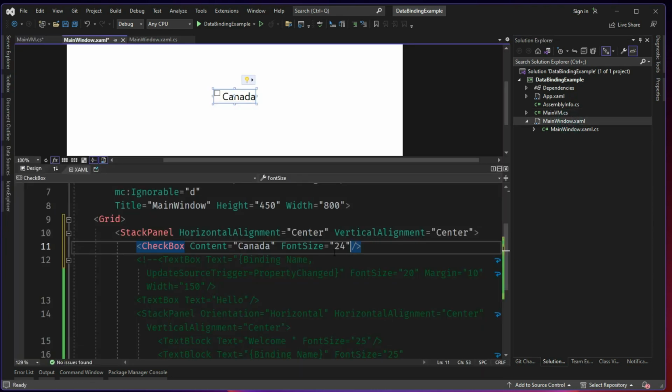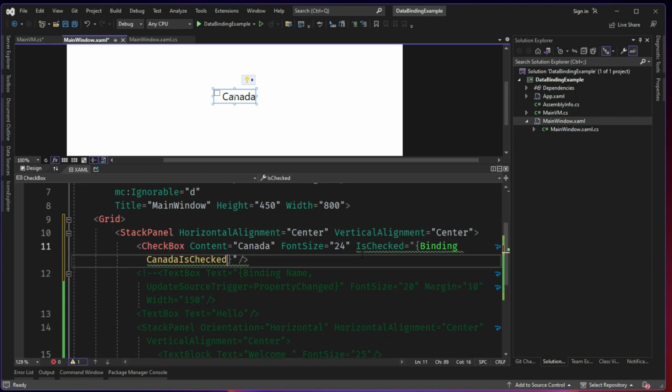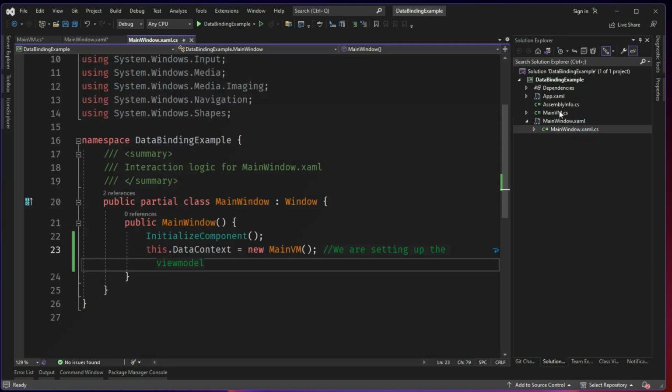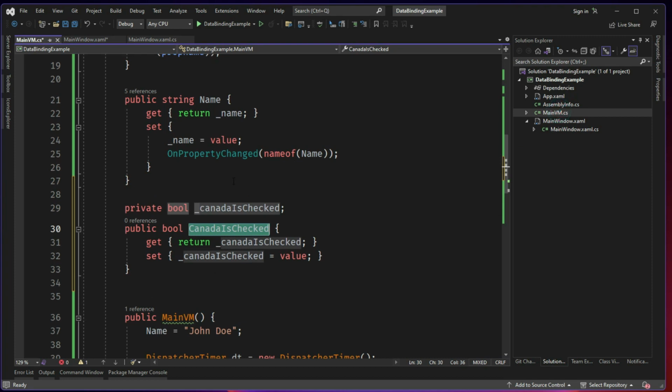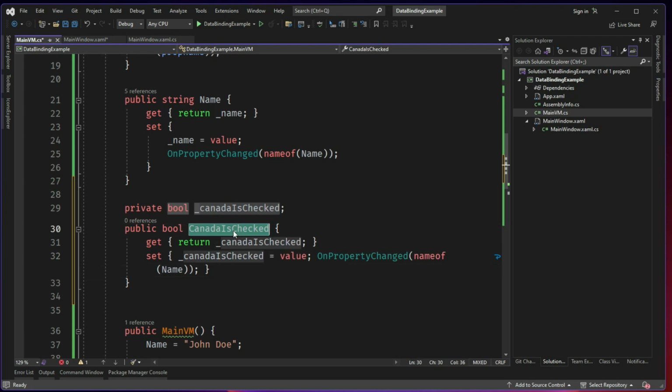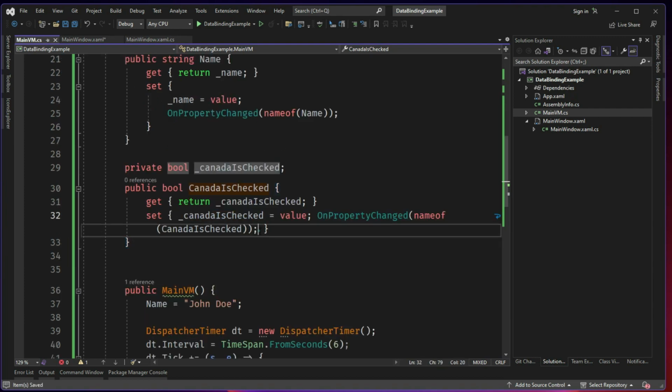Now let me come back here. I will say IsChecked is a binding, Canada is checked, and the update source trigger is property changed, and go back. And here, as usual, we need to do this one. Fine. So the moment this gets changed,